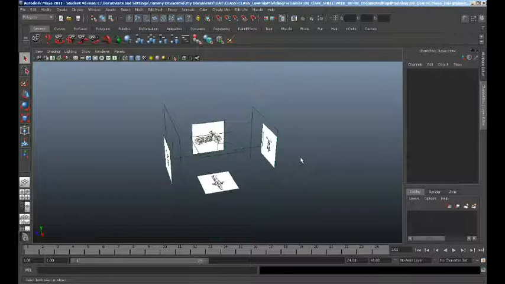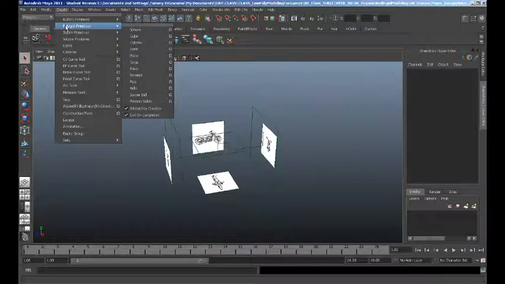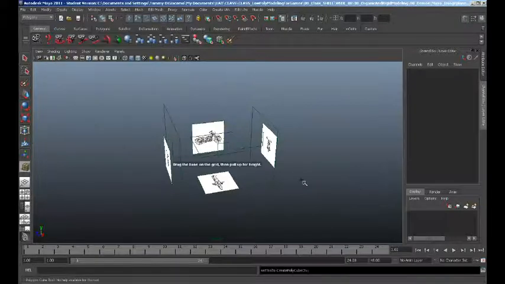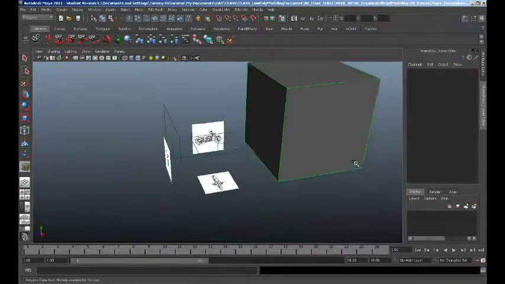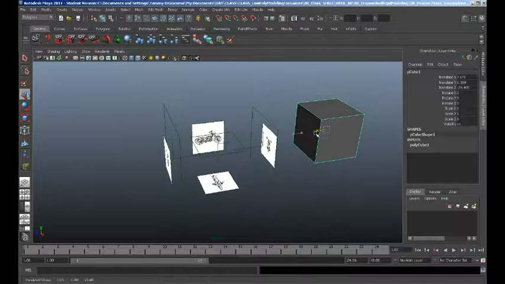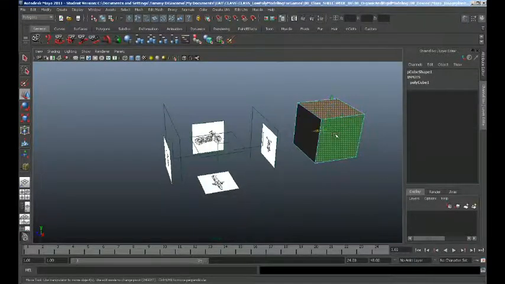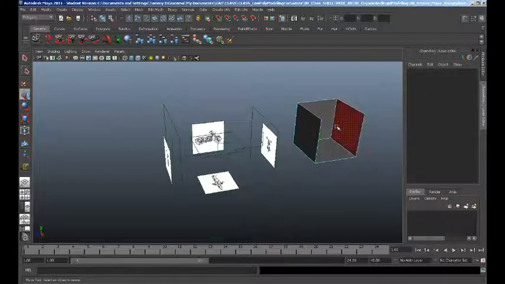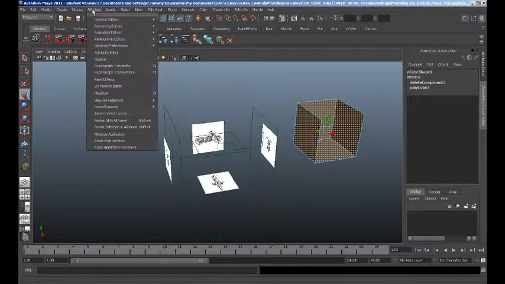Alright, so another way to set up your image planes would be to simply create some geometry. So in this case I'll select create polygon primitives, cube, and I'll put a cube out there holding the shift key down. That'll give me it scaled properly. And then I can just go in here and select faces and delete those, and then within, actually I want to go ahead and select those,